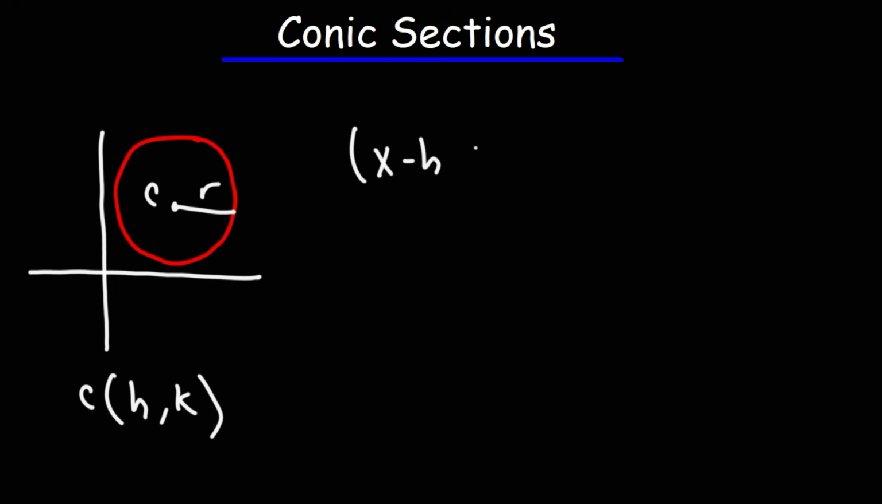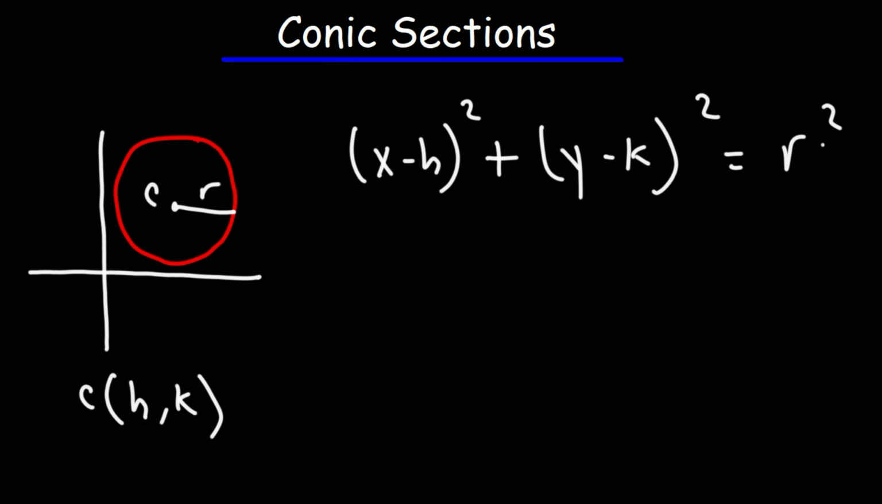So let's say we have a circle with radius r, and the center has the coordinates h, k. The standard form of the equation of a circle is (x minus h) squared plus (y minus k) squared is equal to r squared. So in order to write the equation of a circle, you need the coordinates of the center